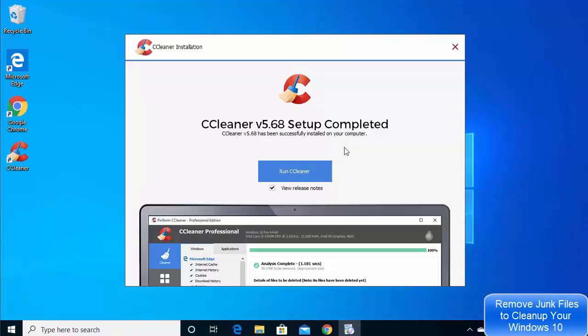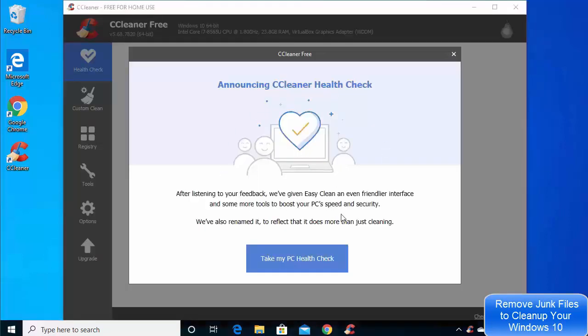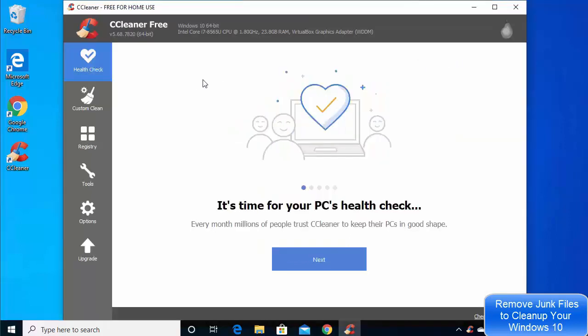The installation is really fast, and once it's installed, you will be able to see the CCleaner icon on your desktop, and you can launch CCleaner after the install by just clicking on the Run CCleaner button. Once CCleaner is open, you can do the health check by clicking on the button Take my PC health check. But I'm going to cancel this,